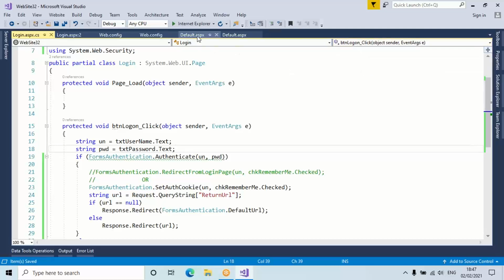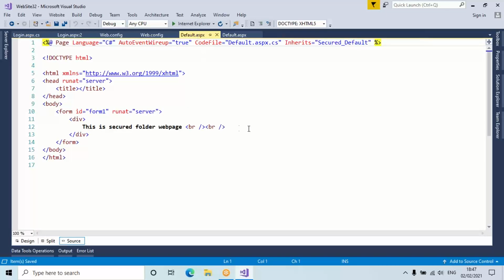Now you go to default.aspx of the secured folder. Here, what I would like is that whatever username you have authenticated now, that username should be provided. Provided where? In the output. So what I will do,